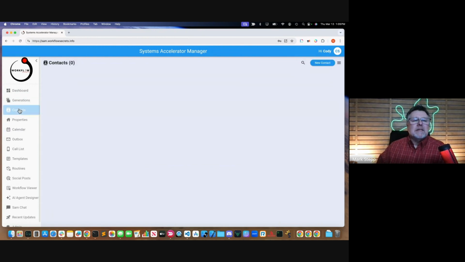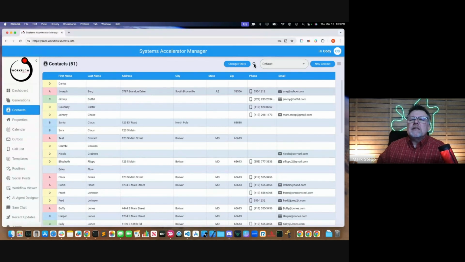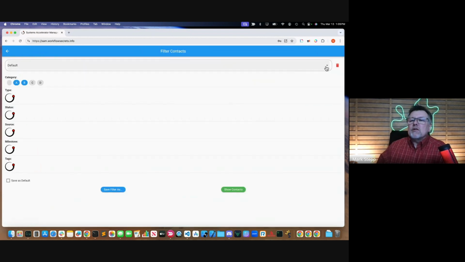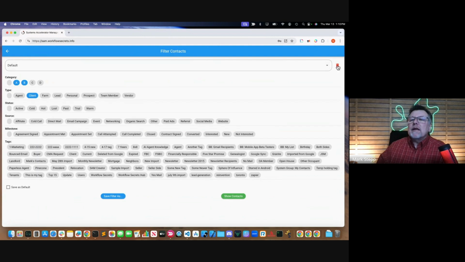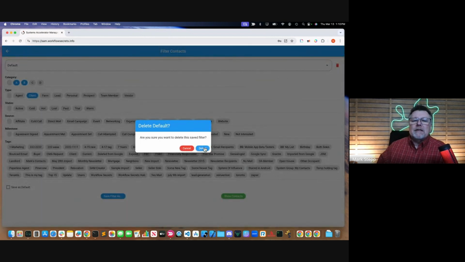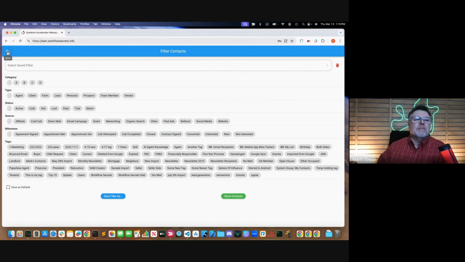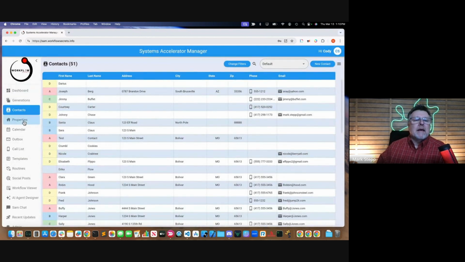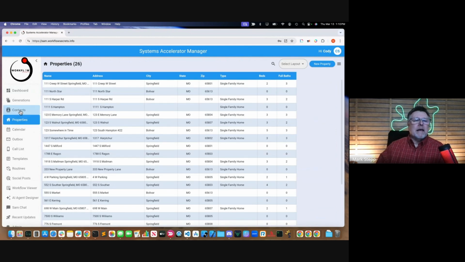Then whenever you come into your contacts, you'll see that this change filters menu is available. Whenever I came into the contacts, it immediately showed me my default set of filters because I'd actually been in there before. As if I were set up for you guys, I'm going to delete my default setup here and back up. Now if I come into my contacts and I do not have a default set up,